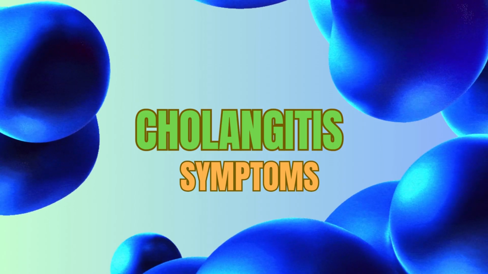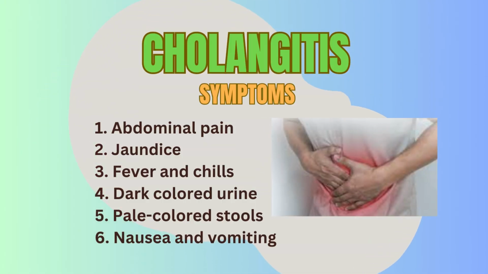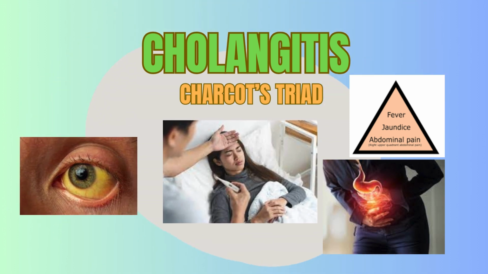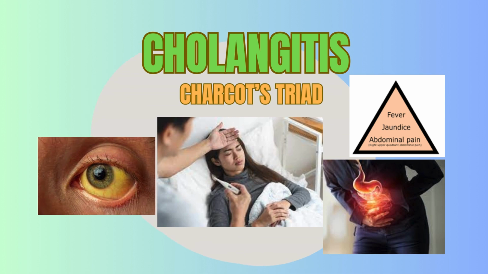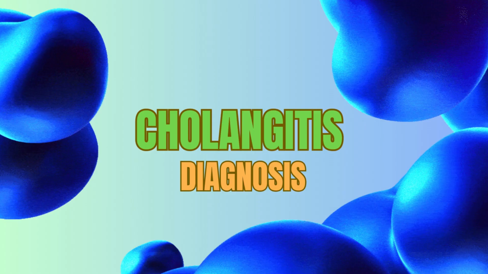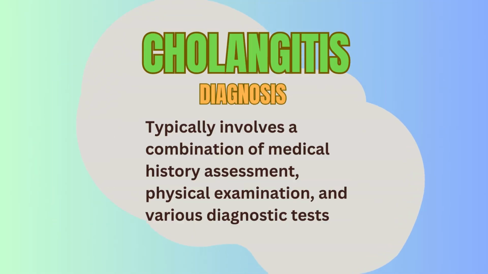Tumors. Symptoms that the patient might present with include: 1. Abdominal pain, particularly in the upper right side. 2. Jaundice, which is yellowing of the skin and eyes. 3. Fever and chills. 4. Dark-colored urine. 5. Pale-colored stools. 6. Nausea and vomiting. Diagnosing cholangitis typically involves a combination of medical history, physical examination, and various diagnostic tests, like